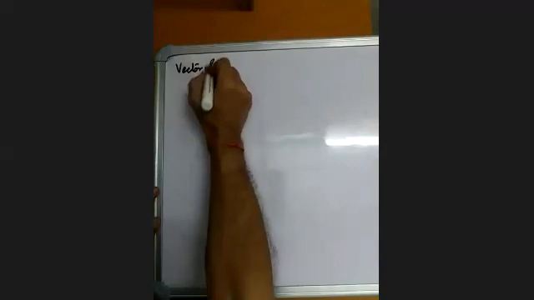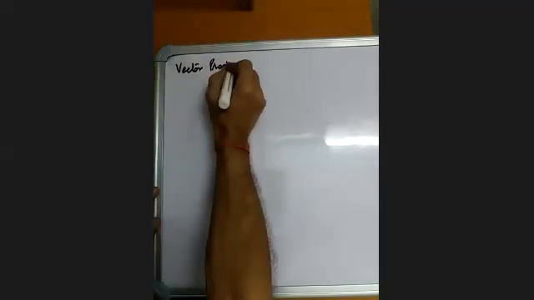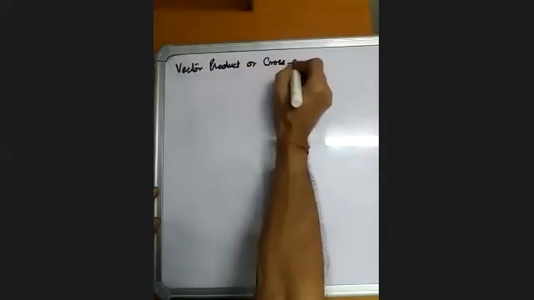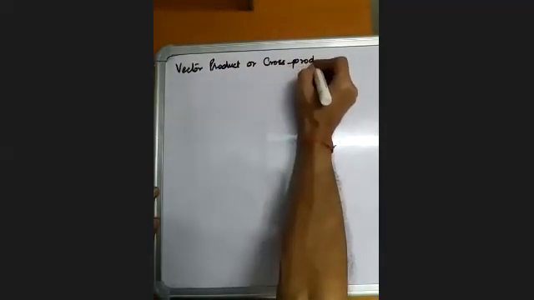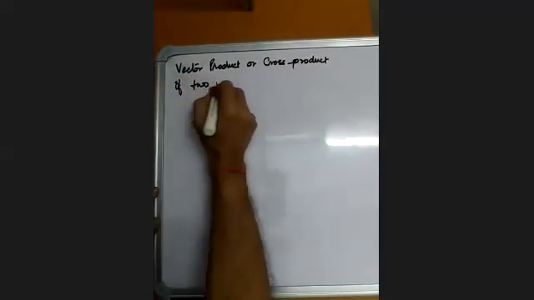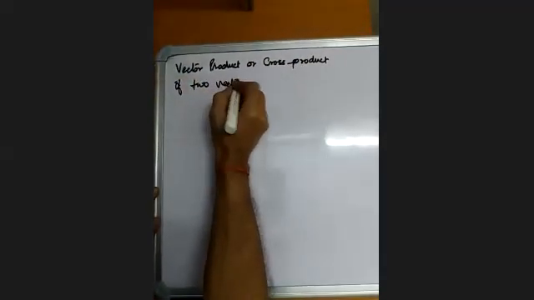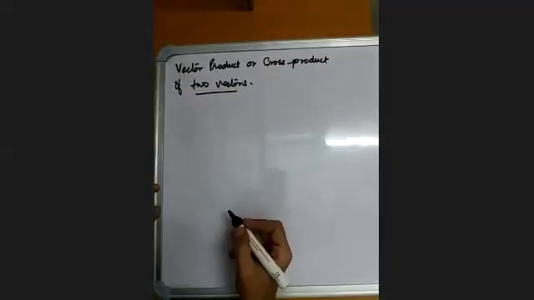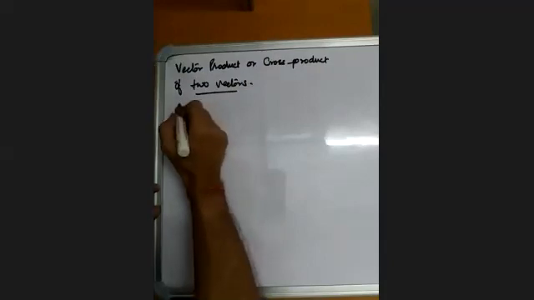Vector product or cross product of two vectors. The statement is, the vector product or cross product of two vectors